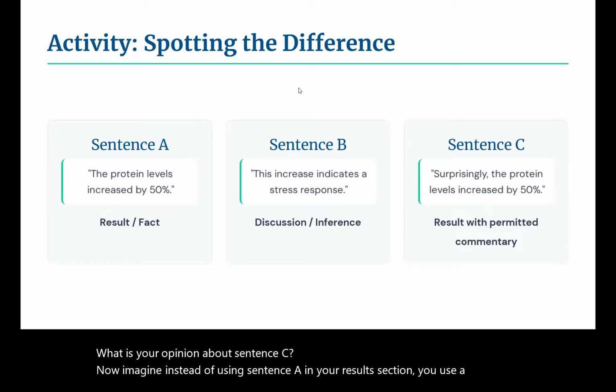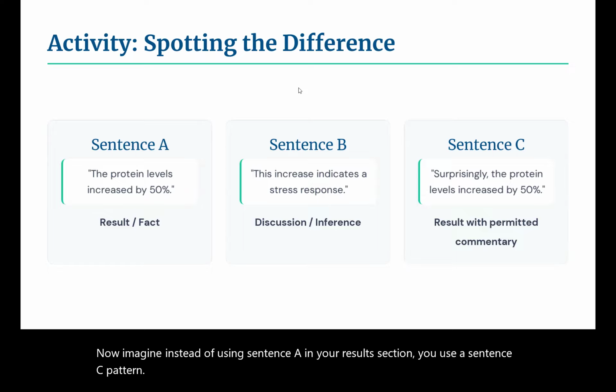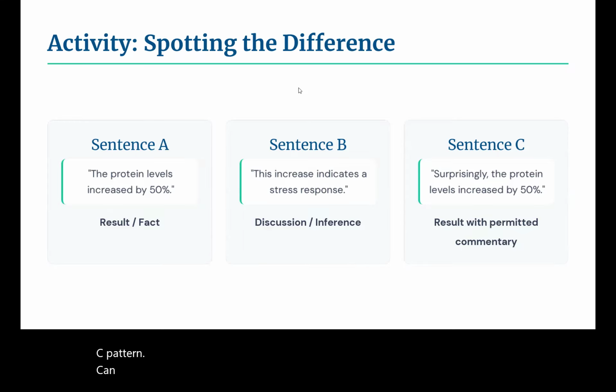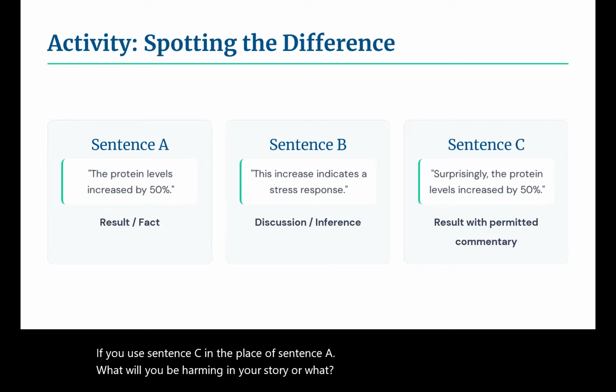Can I hear from one of you, if you use sentence C in the place of sentence A, what will you be harming in your story, or what opportunity will you be missing?